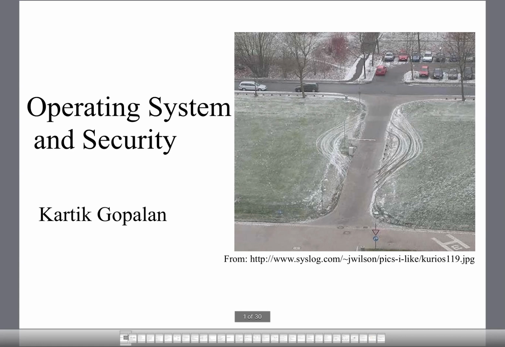So only people who have the access pass are supposed to go into the parking lot. If you see the tire marks on the snow around the gate, it seems like people who don't have access can simply drive around the gate and get back to the parking lot anyway, right? So this basically shows that it's not enough to